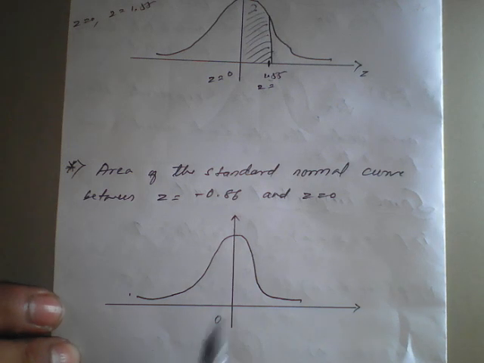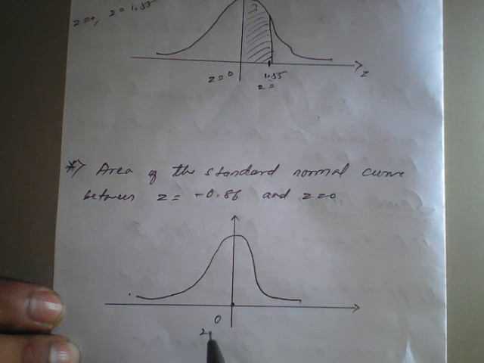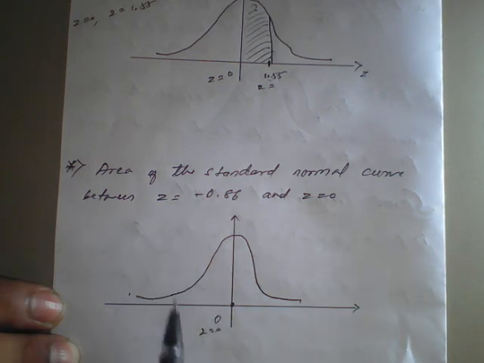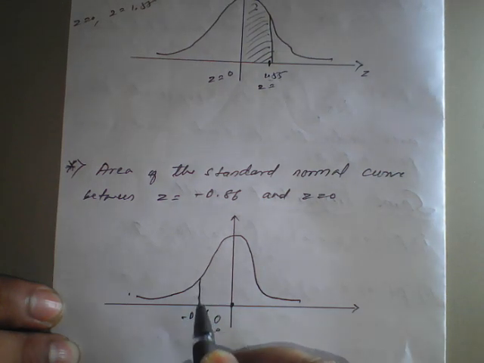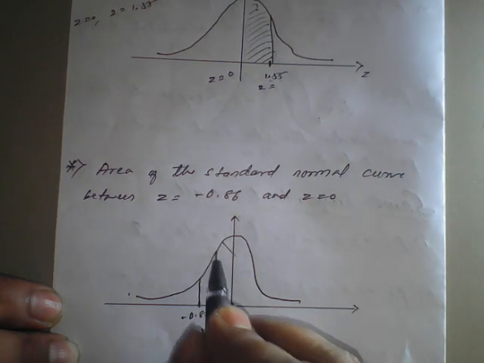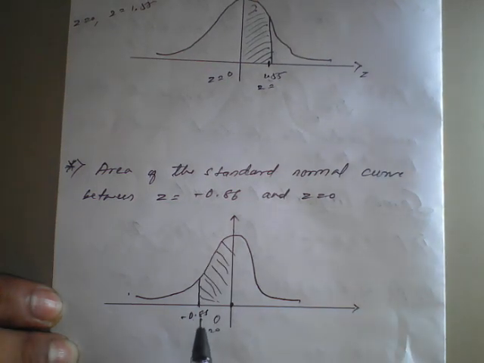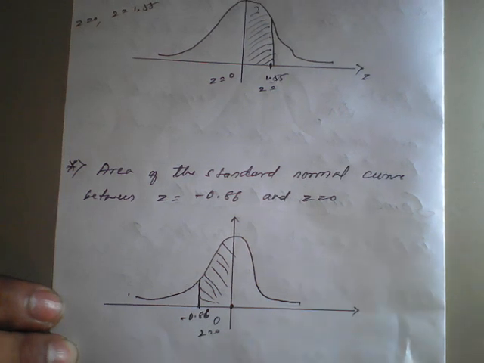Fine. So once we draw, z is equal to 0, it will come exactly here. So this is the point z is equal to 0, and the next point, minus, means left side. So somewhere I can put here that this is minus 0.86. We just need to imagine, draw a perpendicular, that is a vertical line, and shade it. So this is the area from 0 to minus 0.86. Okay. So similarly,